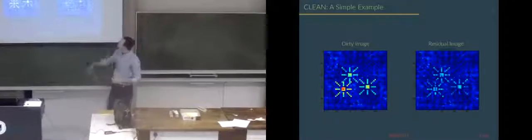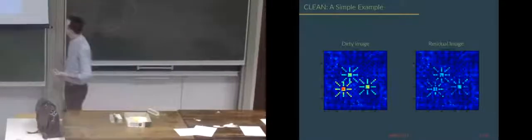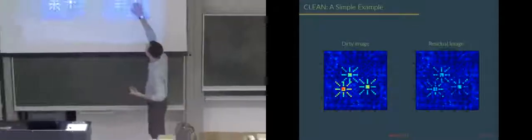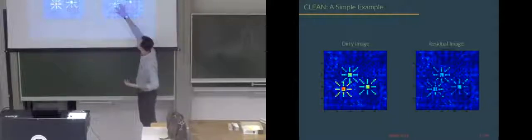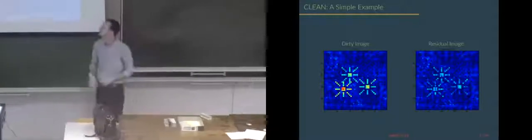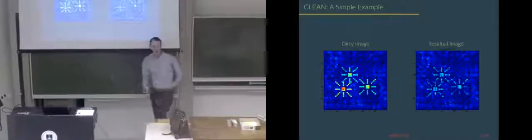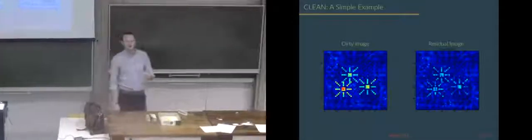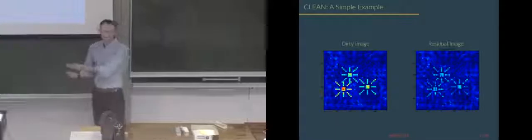And what you can see in the residual is that there's still this PSF structure, and maybe you can deconvolve even a little bit more. But the danger is, maybe this is the next brightest point, you can subtract that off. But then these points are quite bright too, because it's not just the PSF structure, there's that noise, and maybe there's just a bright noise spike. And so if you were to deconvolve one of these points, that would be bad, because that's not true sky. That's just noise that's appearing to be sky because of how the PSF side lobes are